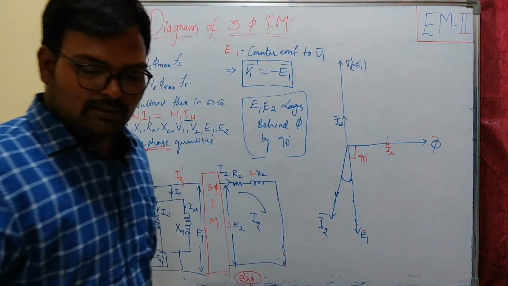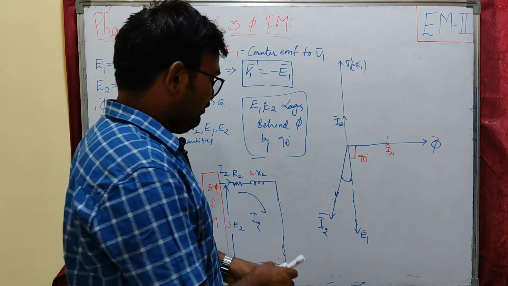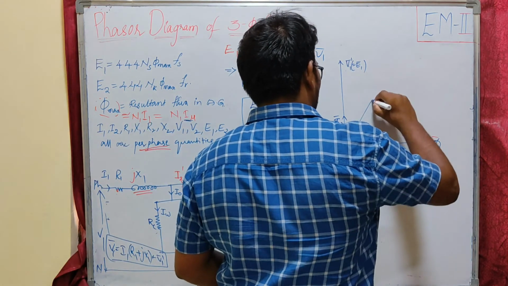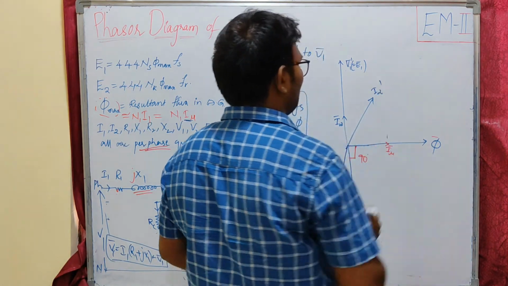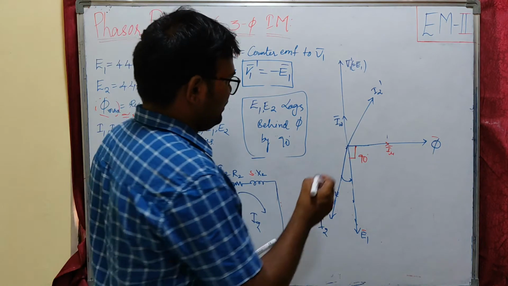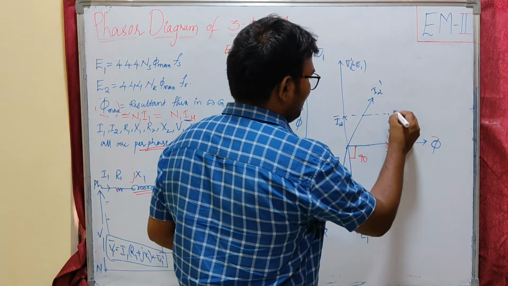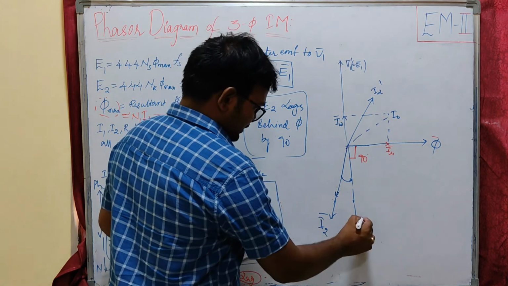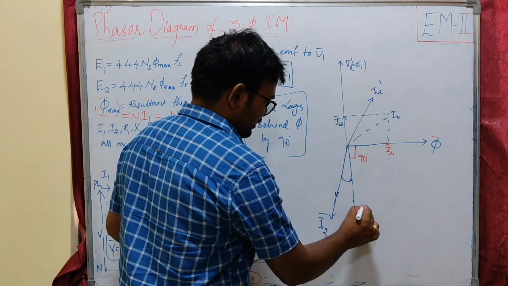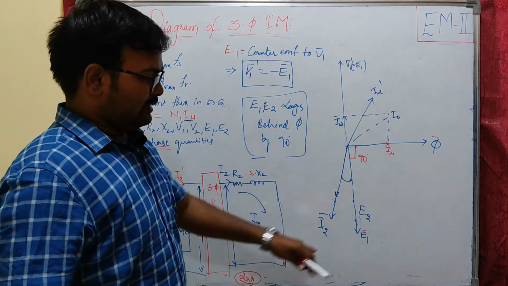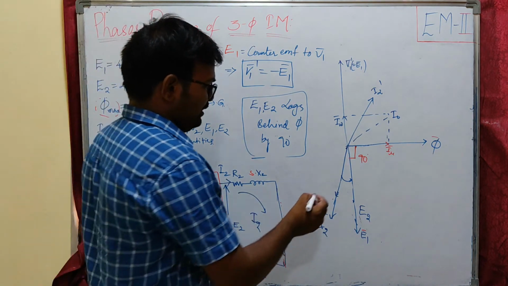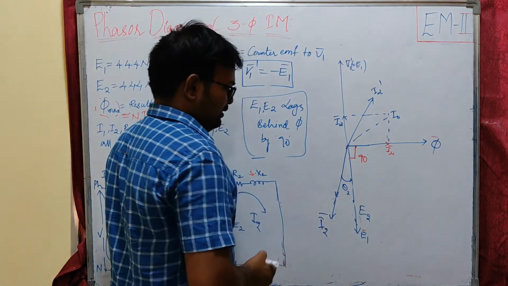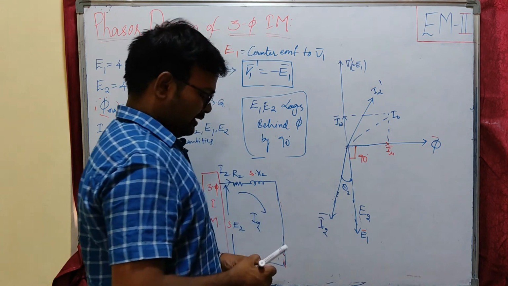So whenever there is a load current, we will have an equivalent current, that is I2 dash, on the primary side, that means the stator side. We also had our no load current, that is I naught. This is E2, the rotor EMF under stop state condition. The angle between I2 and E2 will be the rotor power factor angle.